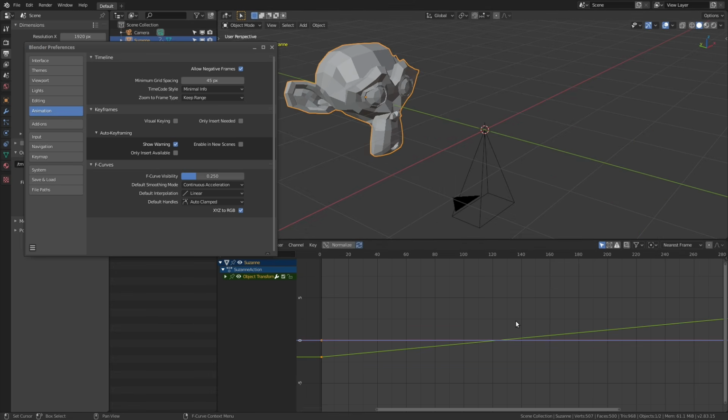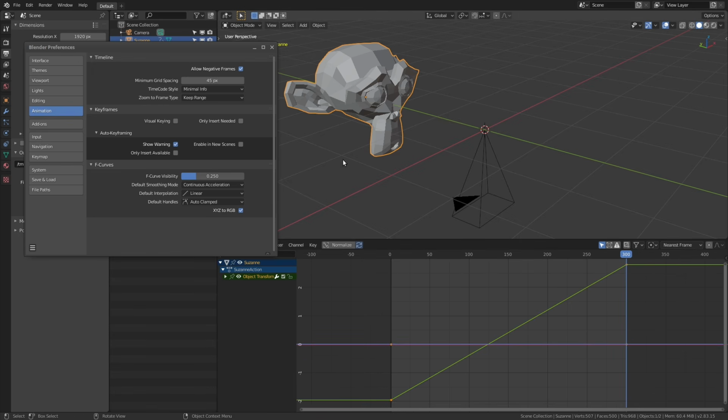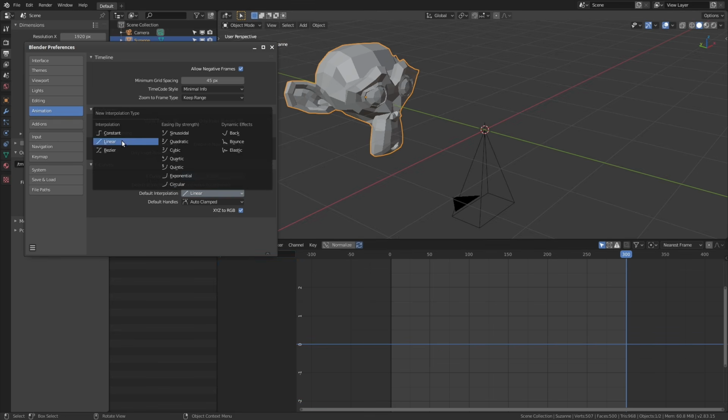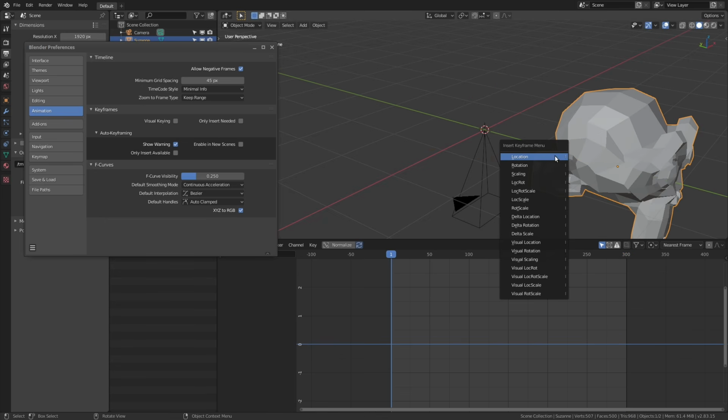There we go. And I'm just going to hit home. And that's fine. And now you can see these are linear. If I were to change this, so let's delete all of these keyframes. If I were to change this back to Bezier, let's move this up, go to the first frame, and just